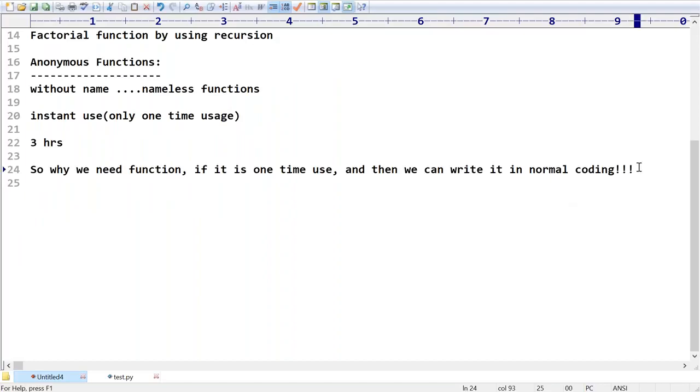For the normal coding, we require writing big code. That big code writing work we can reduce with anonymous functions. How you can do that, I am going to take care. Don't worry, sir. Clear up to this?